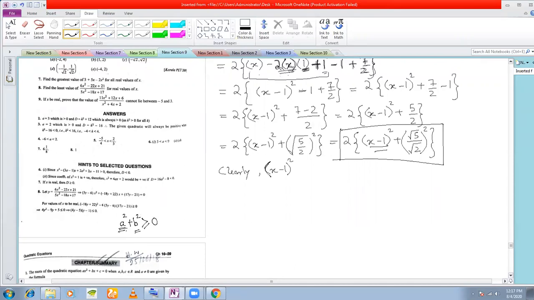And when is it equal to 0? When both A and B are 0. Isn't it? A square plus B square is equal to 0 when both A and B are 0. Otherwise, it can never be equal to 0. So see what I have done here. I have expressed this in terms of A square plus B square. And what is the minimum value of this expression? When this is 0,